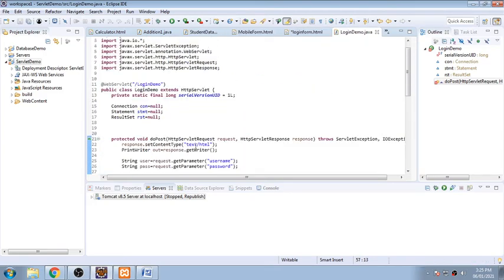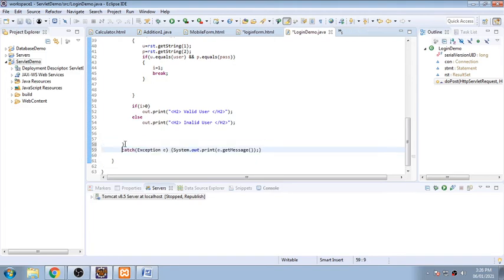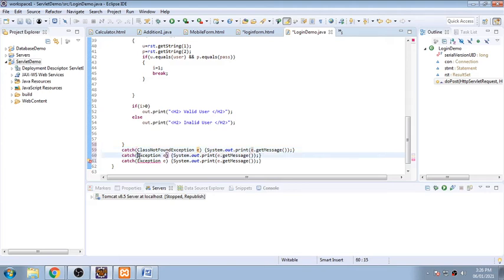Yes. Shall I go for running this program? I have not stopped everything, and I have just caught those exceptions. Now you make a habit of writing everything. There are different exceptions being thrown. This is one, there is a second, and there is one more third one. There is ClassNotFoundException, and there is SQLException. So e1, and the third one is Exception, so e2.